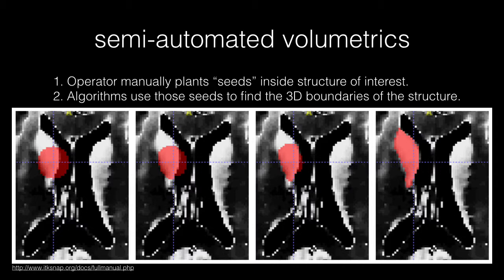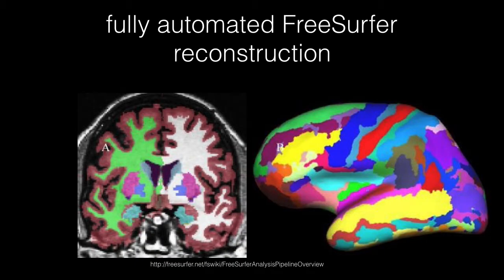This can be much faster than fully manual labeling if the structure of interest has well-defined boundaries and the quality of the image is good, but it can also fail spectacularly with poor images or with structures that have difficult boundaries. In some ways, the computer has to work very hard to do what you do very easily with your visual system. In recent literature,